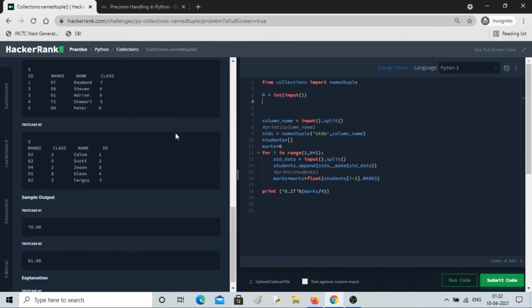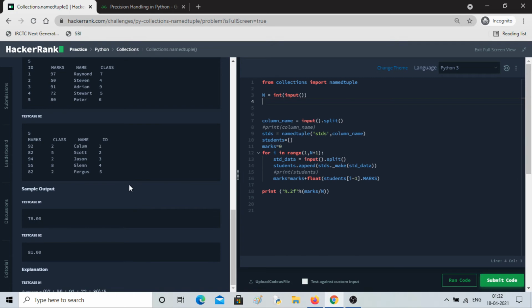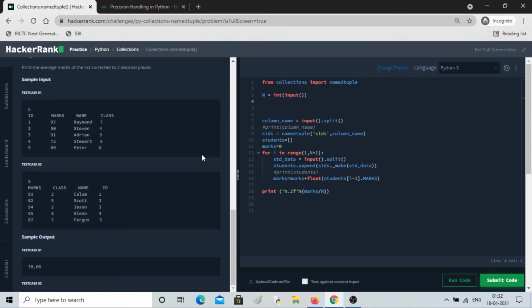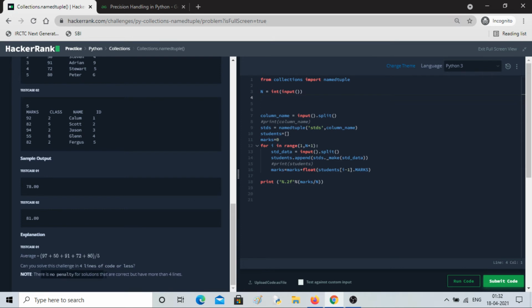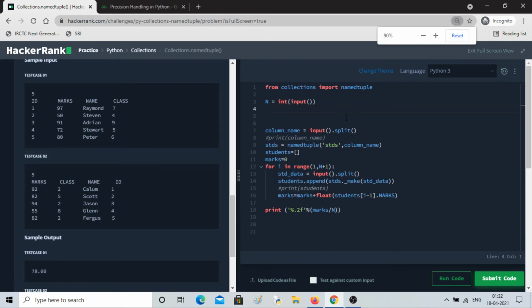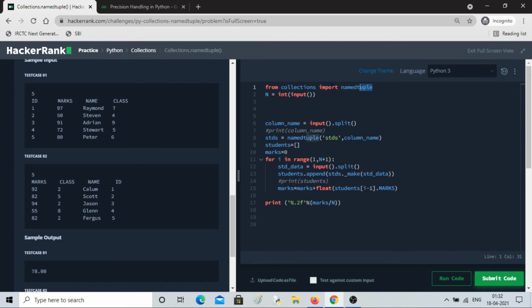Now let's do this thing, where it is telling us to write the code in 4 lines or less, right? So let me try it. So here, what things can we remove? The library import we have to do, right?